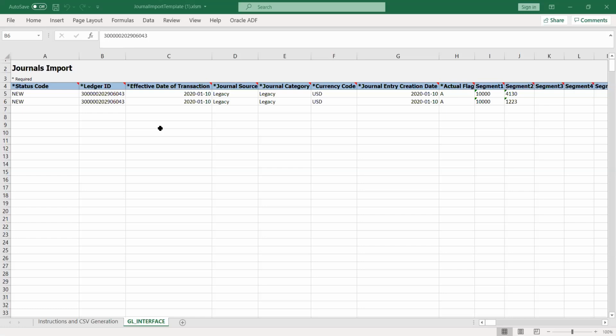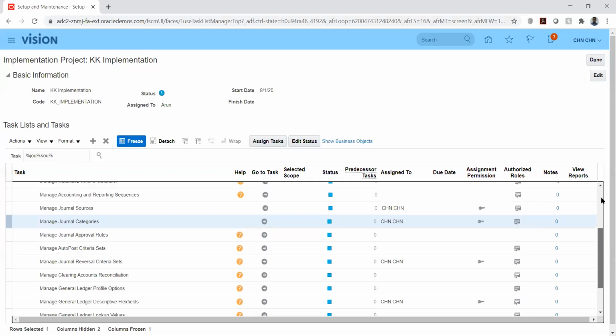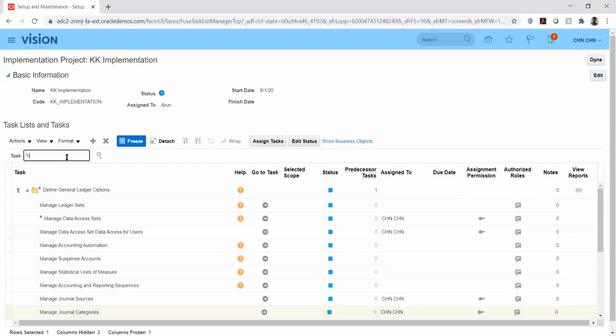Okay. Even in EBS we can take it from the front end. The only thing is we have to go to diagnostics. Record, yeah.